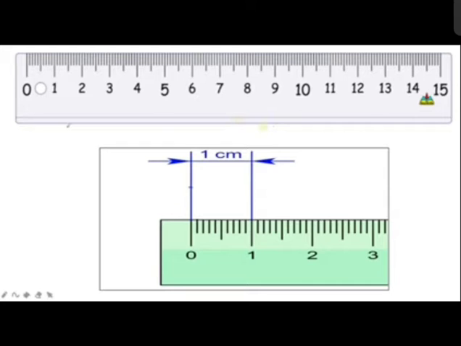And if the object is not straight, we have to use only a measuring tape for measurement of length. For example, if you visit a tailor shop, a tailor can measure our chest only by using a measuring tape. Why? Because a measuring tape can be bent around our chest.